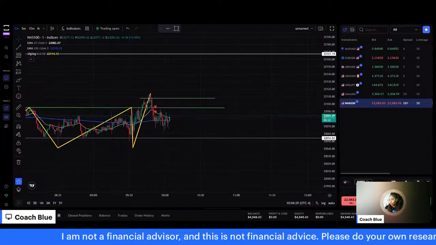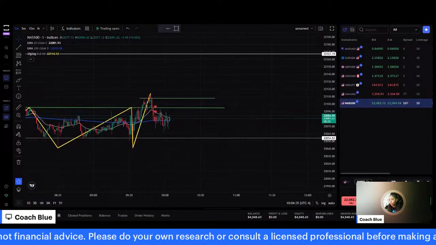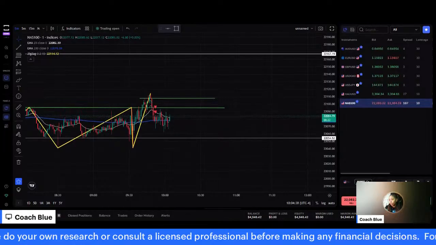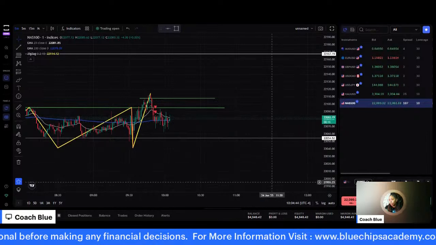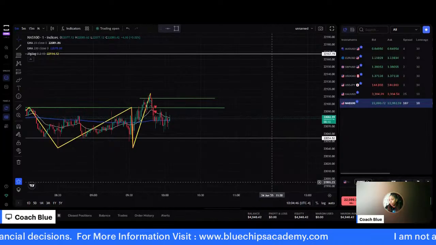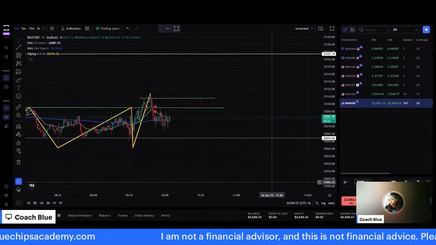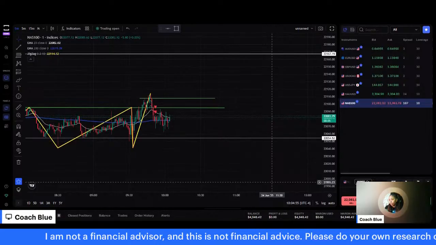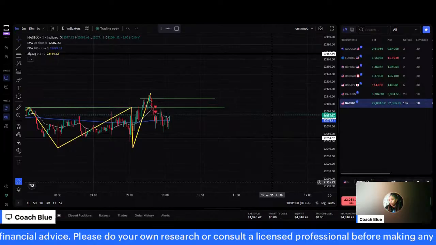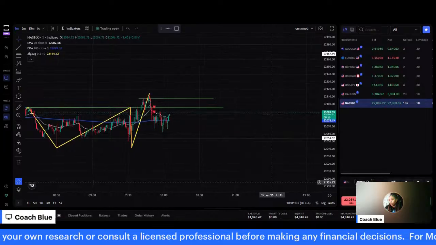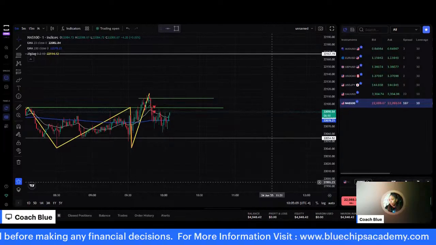All right. Let's see here. 25 seconds left on this candle. I know it's not the most exciting thing right now, guys, but this is where patience comes into play. The moment you walk away, that's when the price takes off and you miss your opportunity just from not being patient.